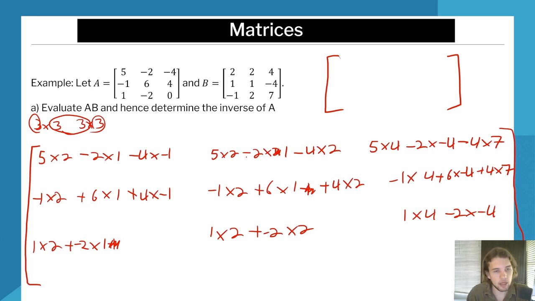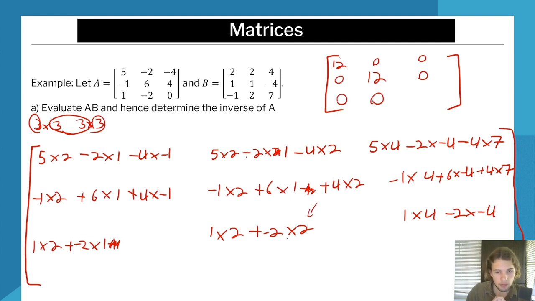5 times 2 is 10, minus 2, plus 4, 12. Then 10 minus 2 minus 8 is 0. We have 20 plus 8 minus 28 is 0. So I'm starting to see a pattern here. We have minus 2 plus 6 minus 4, 0. We have minus 2 plus 6 plus 8, that's 12. And then I might be able to assume that the rest of this follows the same pattern, but I'll just check on these last two ones. So that's 2